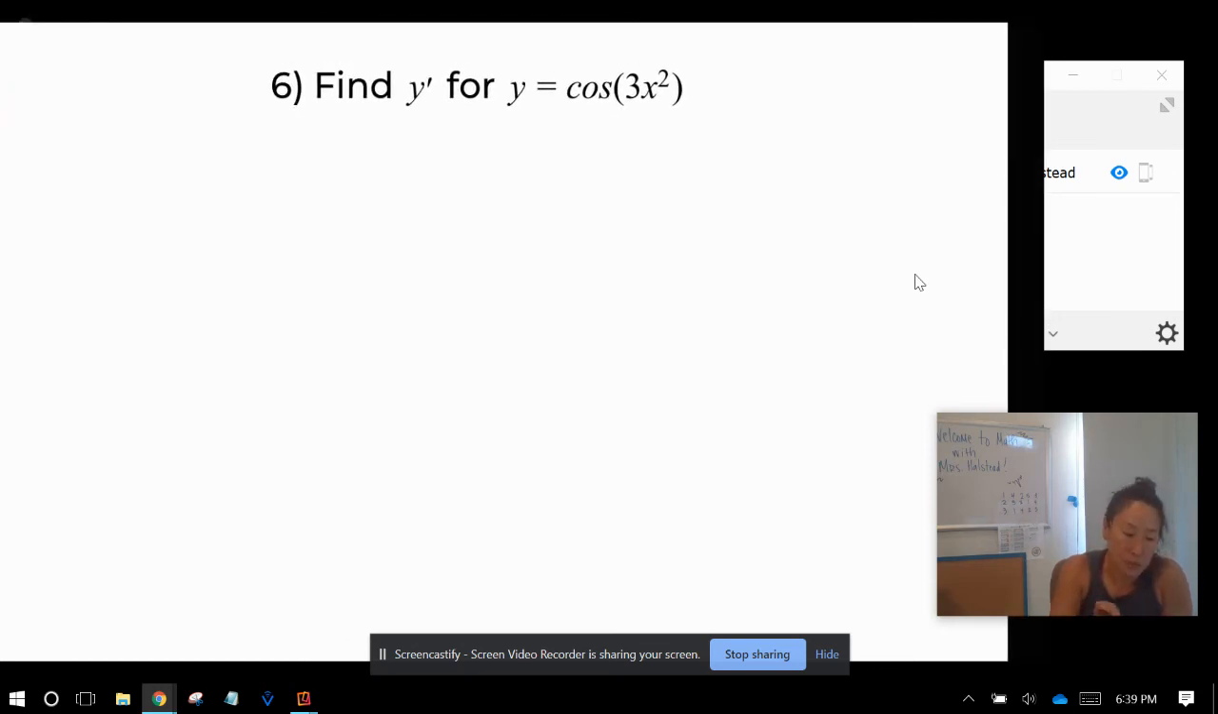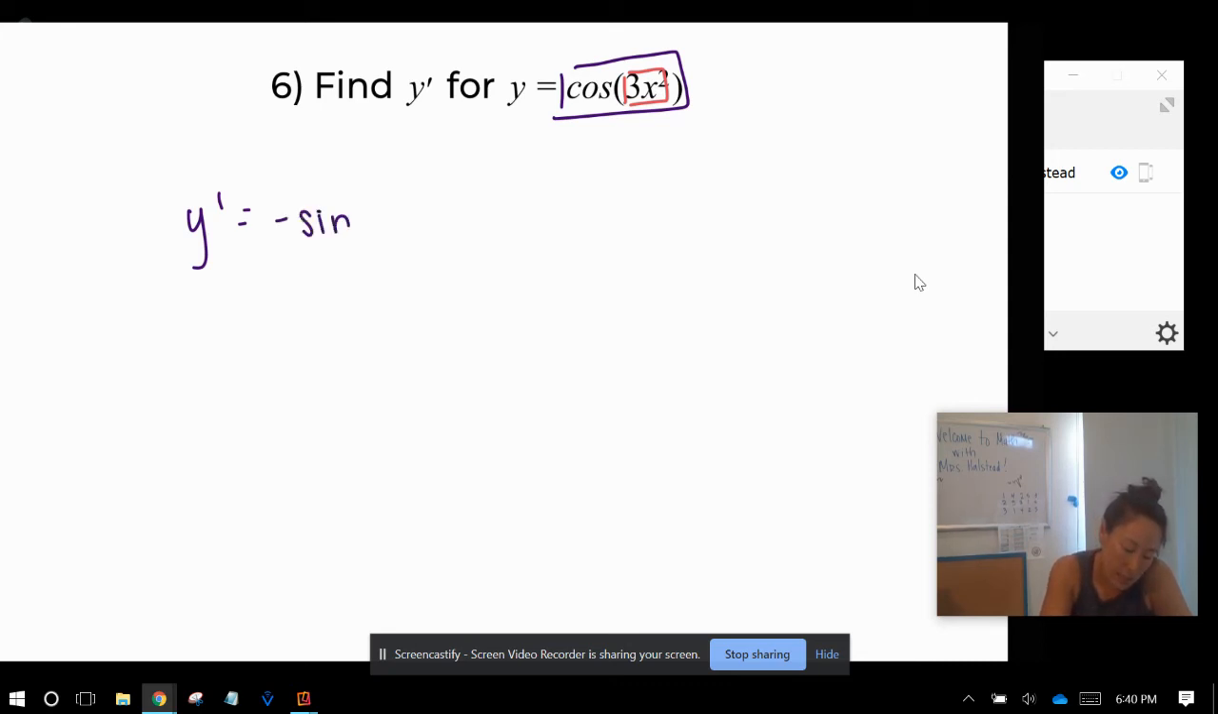This time, where is our inside function? The inside is the 3x squared, because the outside is cosine x. So we're starting with what we would evaluate first, which was 3x squared, and then we would apply the cosine. Okay, so we're going to do y prime is equal to the derivative of cosine is